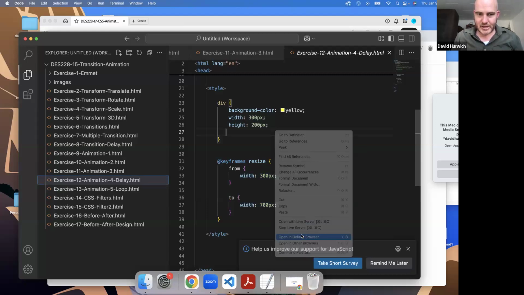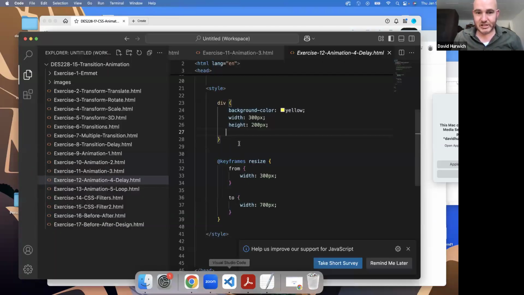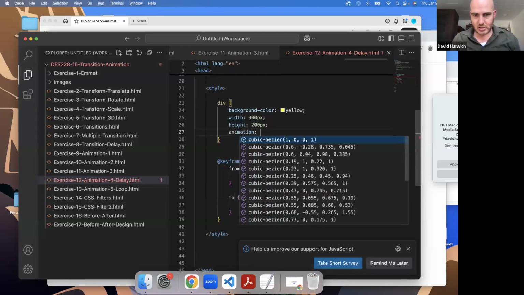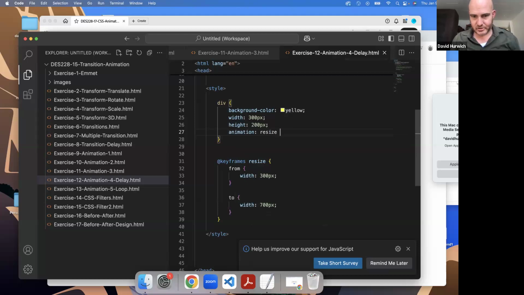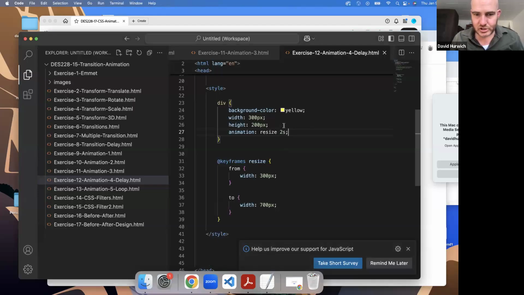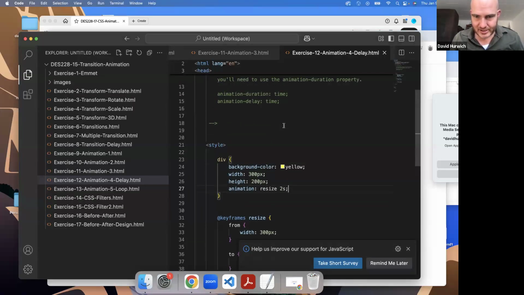So right now, if I were to apply this, nothing's going to happen because I haven't applied the animation. But if I do animation, resize, let's make it 2 seconds long. What's going to happen as soon as I launch this, it happens immediately, right? But what if I didn't want it to happen as soon as the page loads? What if I wanted it to wait a couple of seconds? Well, what you can do is there is